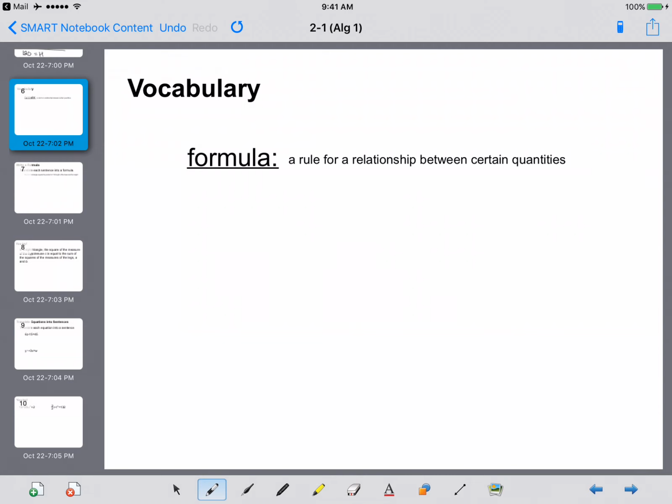Here we have a vocab word. It's a formula, and that's a rule for a relationship between certain quantities. So for example,